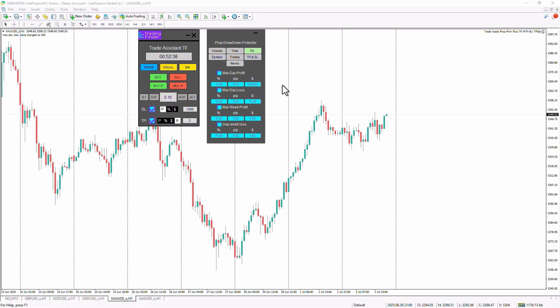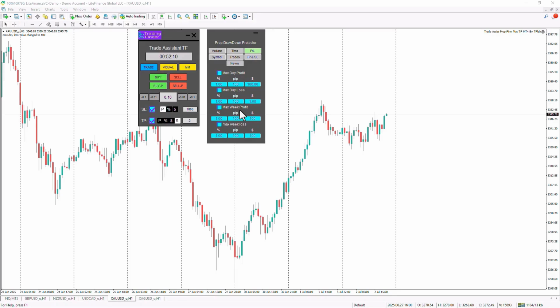In the sixth part of the tutorial, you'll find the Profit and Losses tab in the Protector account panel. Prop traders can use this tab to set limits for their daily and weekly profit and loss in this section. This section allows them to avoid emotional decisions such as greed during profits or revenge trading after losses, and helps